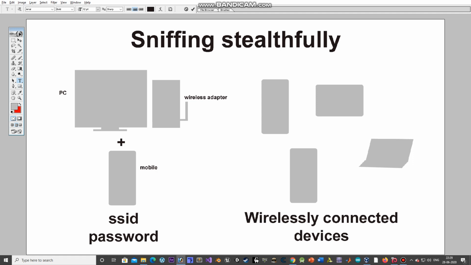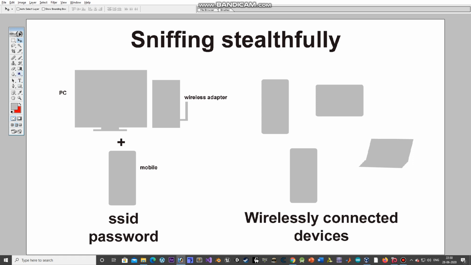Or even if you know any device credentials in an organization you're working in, you could use that also as a bait, so that other devices would be connecting to that without your permission or without your suggestion.